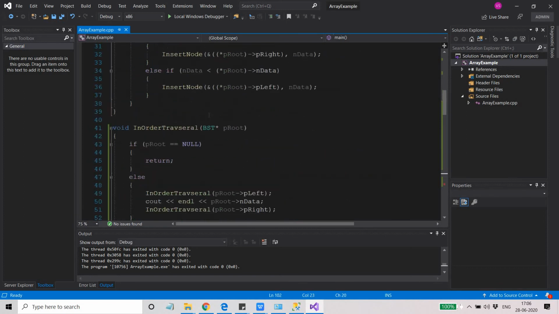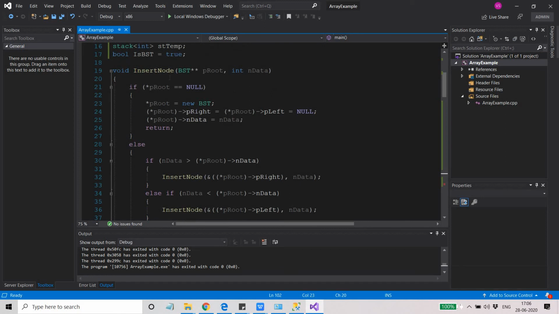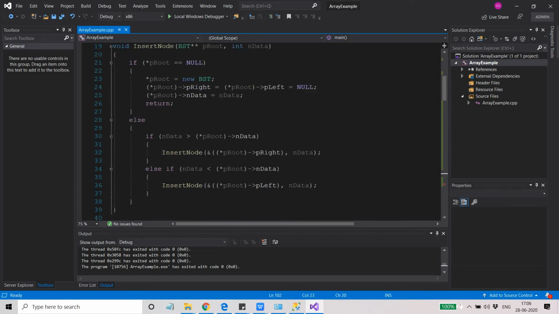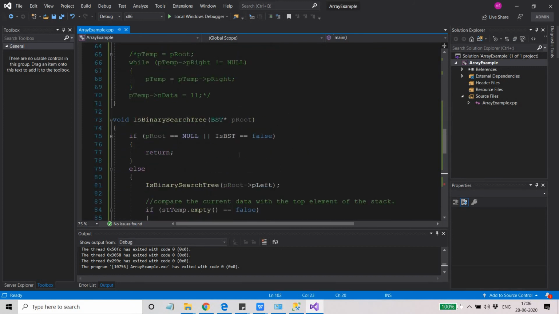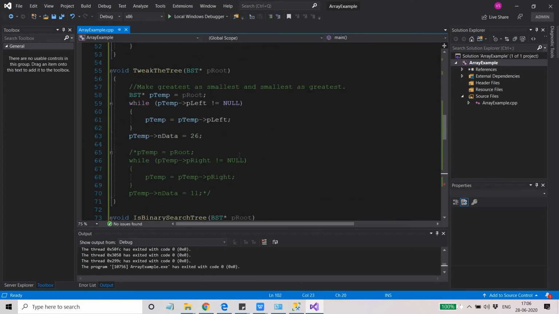which is similar to inserting the nodes, right? You follow the same path as you follow while inserting the nodes, and while searching as well, you follow the same code path to find out the particular element. All right, so that you can do, and you can also tweak that one, right?